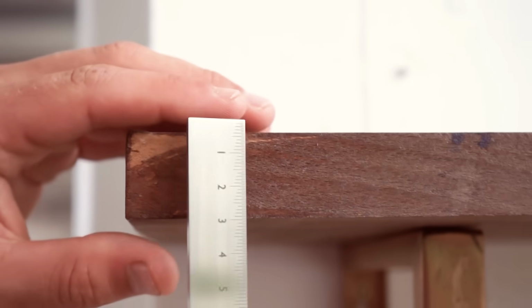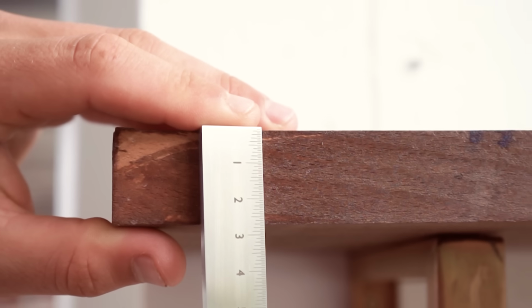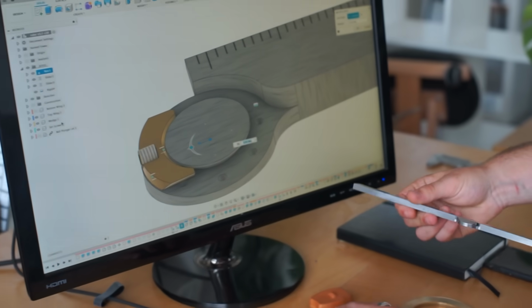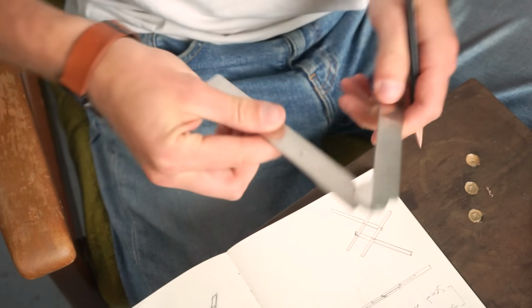Stria's markings are edge to edge in both millimeters and inches, with precision markings of 0.5 millimeters before the 5 centimeter mark. We designed Stria to be a beautifully engineered folding ruler with a one-of-a-kind adjustable dovetail hinge. Stria allows you to draw and measure lines up to 30 centimeters in length, whilst folding down to fit in